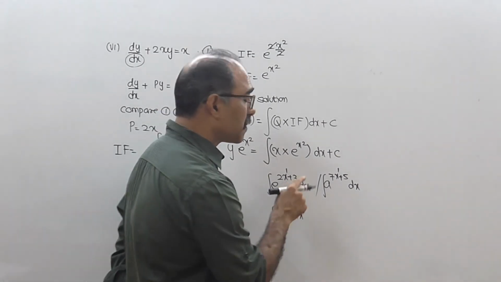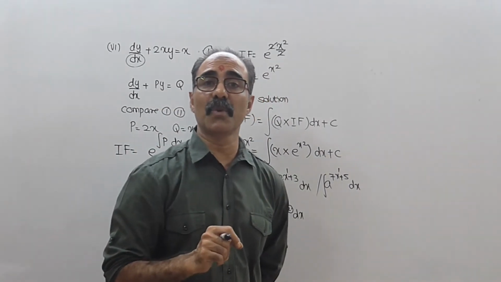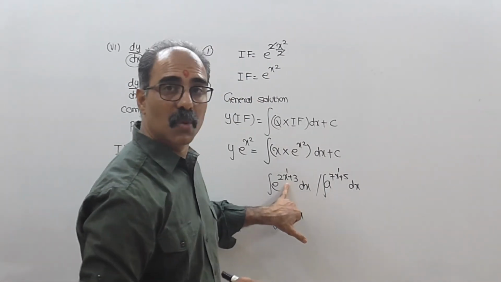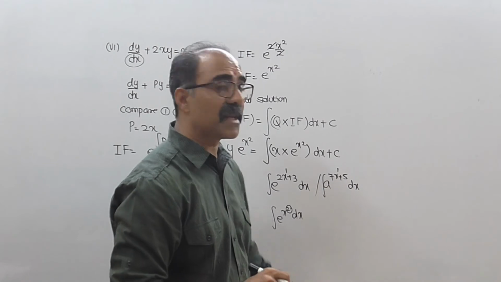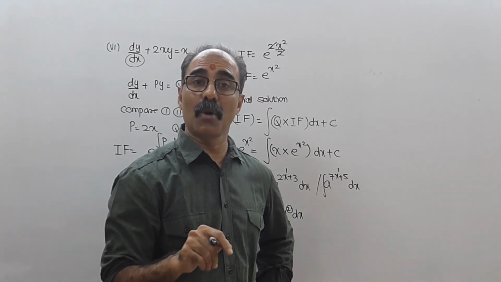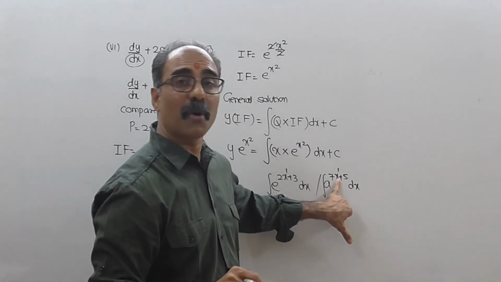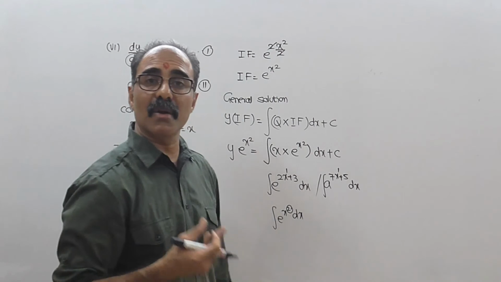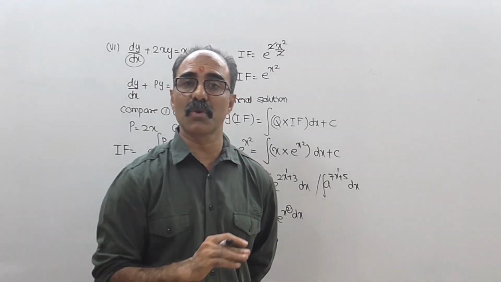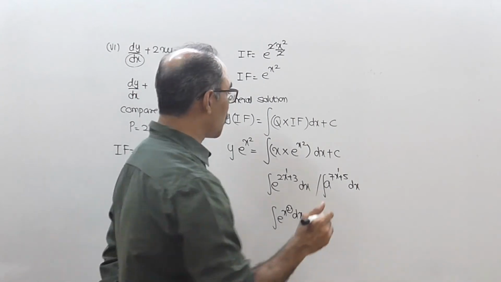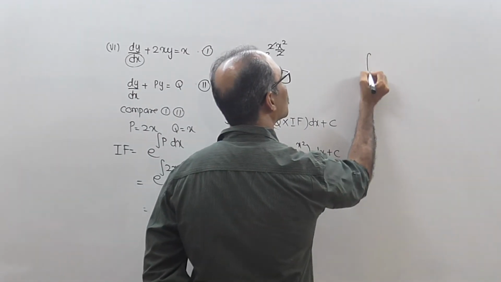See, what will be the integration of e raised to 2x plus 3? E raised to 2x plus 3 multiplied by 1 upon coefficient of x, that is 1 upon 2, plus c. What will be the integration of a raised to 7x plus 5? A raised to 7x plus 5 upon log a, into 1 upon coefficient of x, that is 1 upon 7. But for e raised to x square, the power is 2, so the normal integration formula will not apply at all. So it's a very tricky question to solve. So let's solve this part separately.